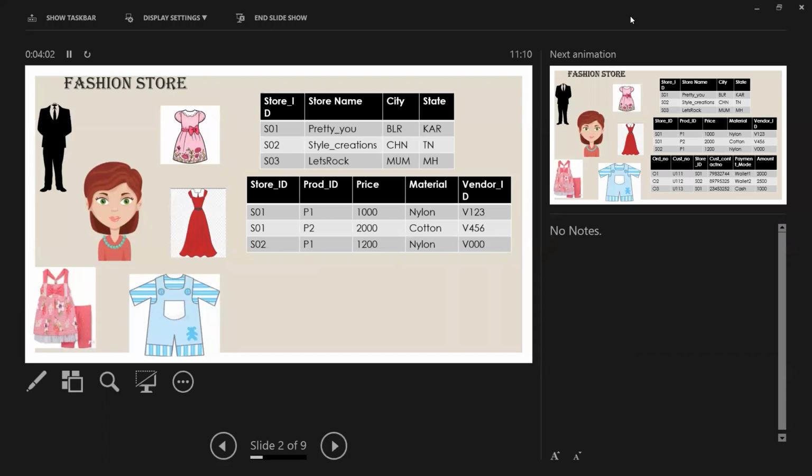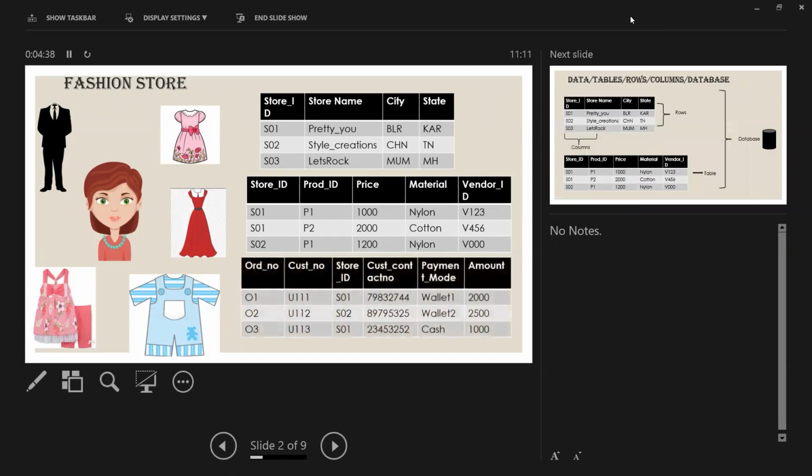She also thought of adding the material from which the particular product has been made, and from which vendor she has sourced those products, right? Suppose she is tailoring a beautiful gown, then she has to mark down from which vendor she has sourced the necessary materials for it, so that next time if an order comes, or if she herself wants to make another gown, she can directly go to that vendor. It will be a quick reference for her, right? So she thought of gathering these details in another table.